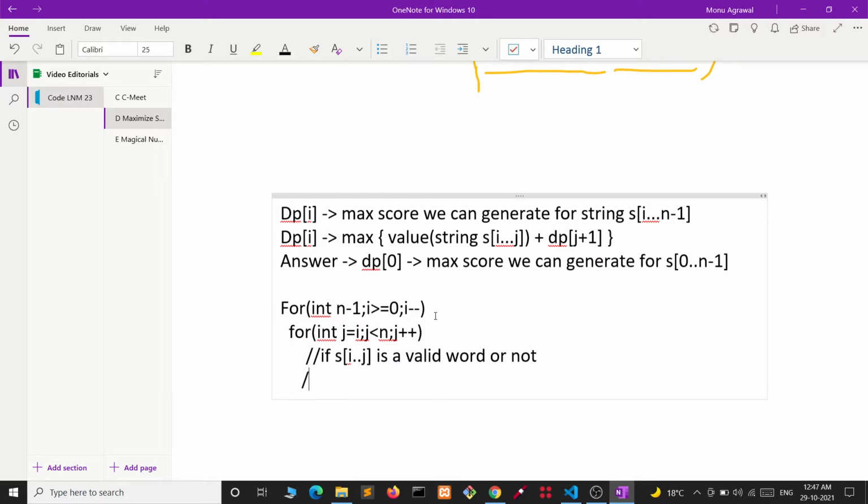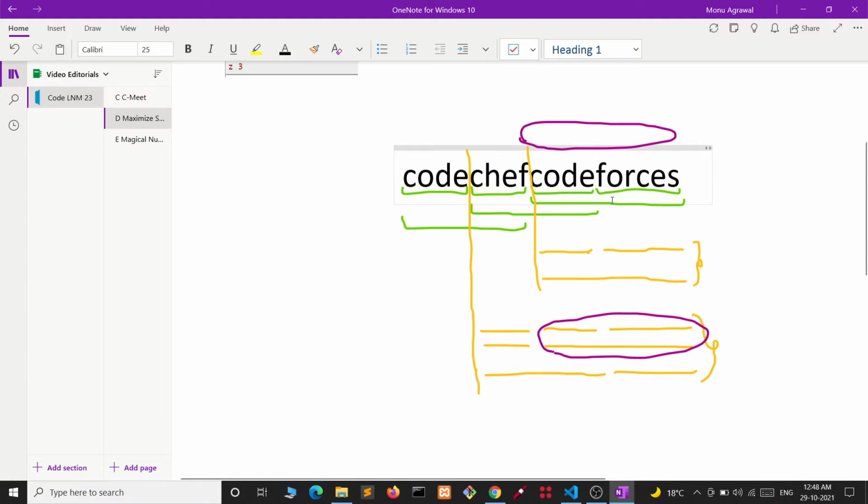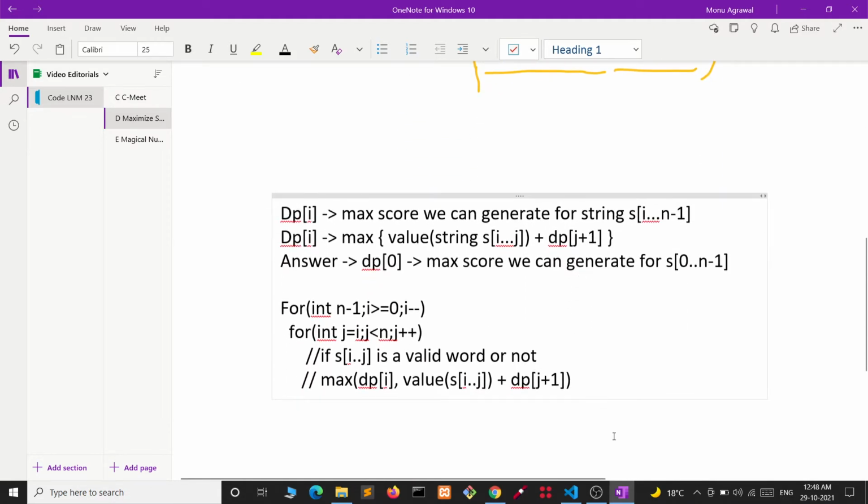If it is a valid word, then we can just take the max of dp[i] and the value of this word plus dp[j+1]. dp[j+1] is the maximum score we can get for the remaining string. That's what we are doing.